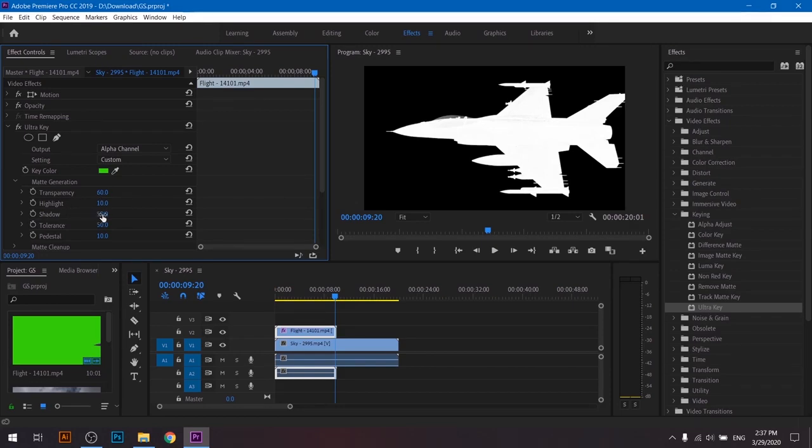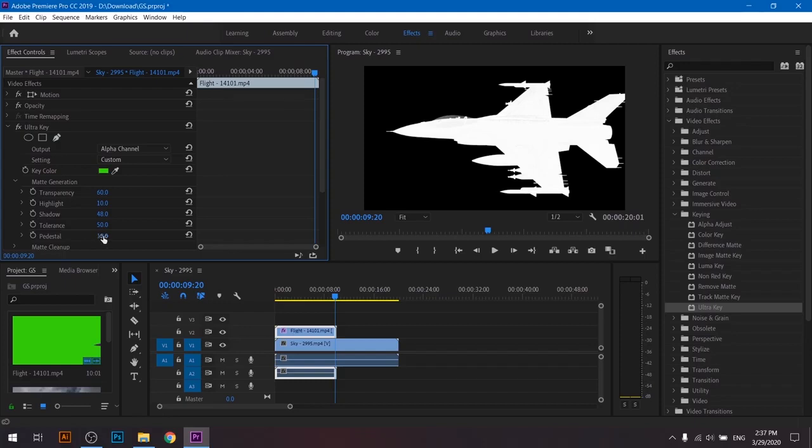And then you want to decrease the shadow until black starts to appear. Same ideology, just less different. You can see if I increase it to 100, it's a very fuzzy gray, which is really bad. You want to do it just slightly. There you go. 48. Pretty good. A little bit of black, but there's nothing to be worried about.